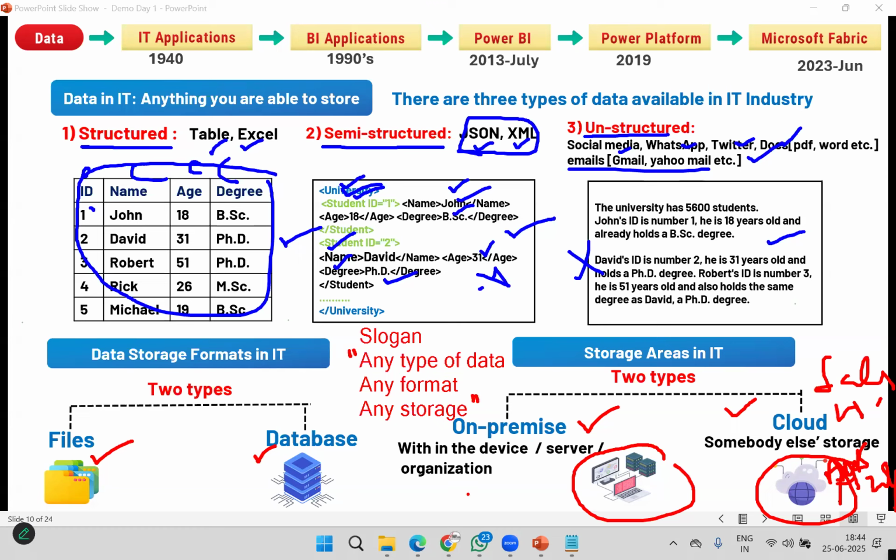What is on-premise? The data storage within the organization. What is cloud? Other organizations' storage, and we come through a URL via web. That is cloud. So this is all about any type of data, any format data, any storage data. Simply put: three types of data, two types of format, two types of storage. In the current IT industry, there are no others available.